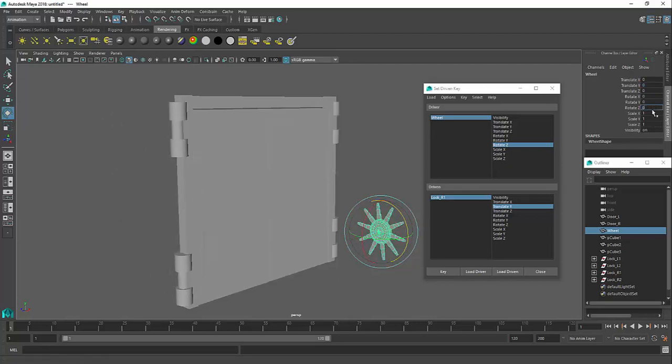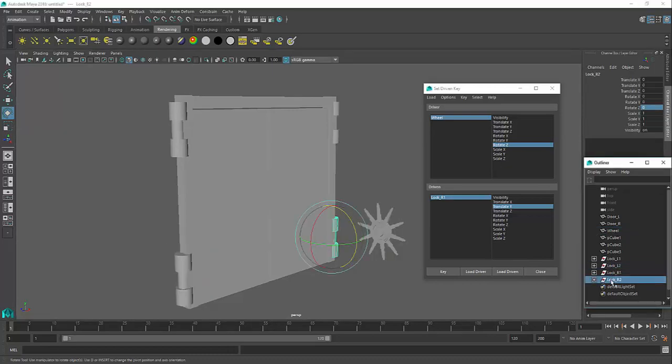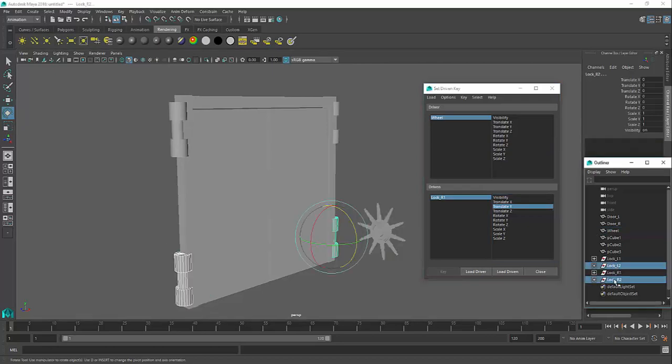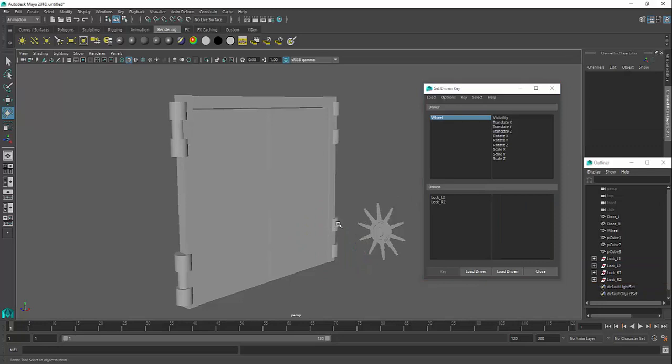Okie doke. So now we have got these two guys together. Now you don't have to do it individually, because for example, left 2 and right 2 are going to move in the same direction, which is going to be +y, if I'm not wrong. So what you can do is load this guy as driver and load lock 2 and right 2, I mean left 1 and right 1, as driven. Can you see both of it here? But make no mistake, guys, the thing is,